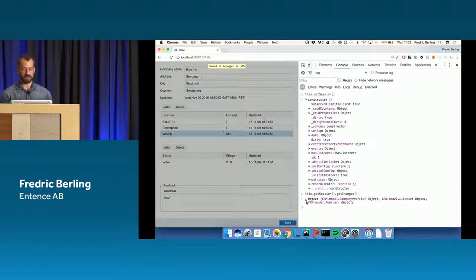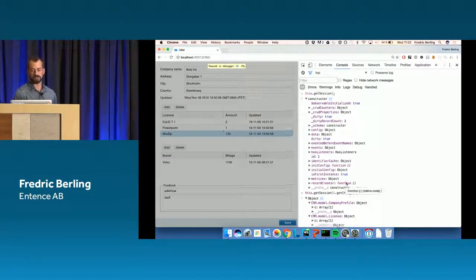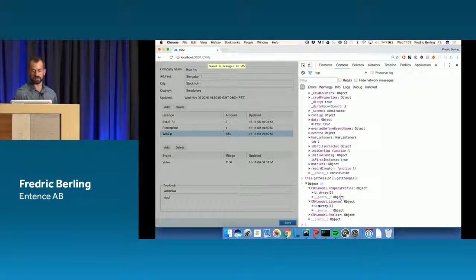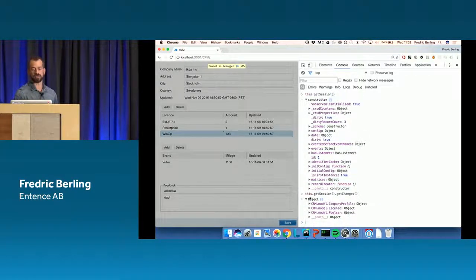If we then get changes, you will get an object with all the changed models, and the action that you did is update. There was one updated license. So basically everything it needs to send to make it safe. And then when we